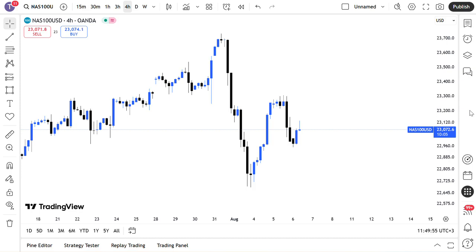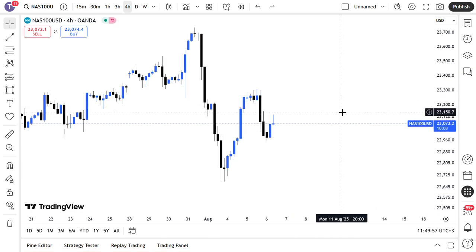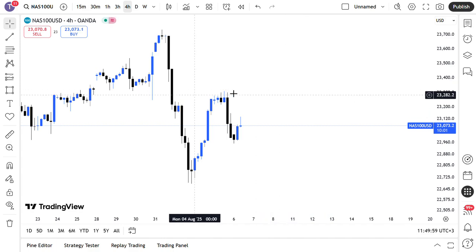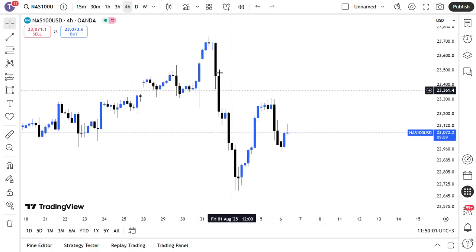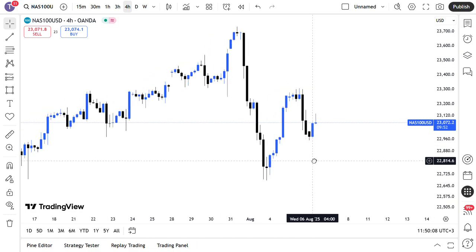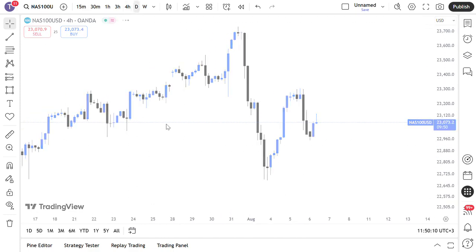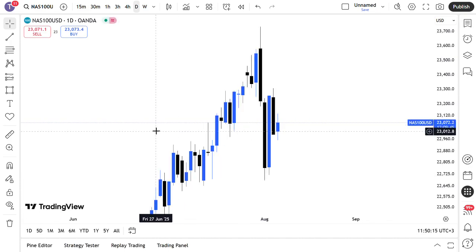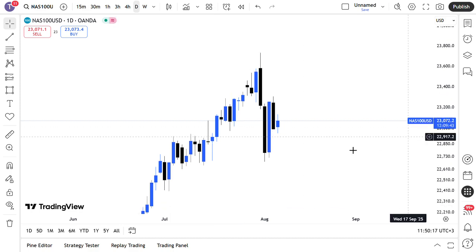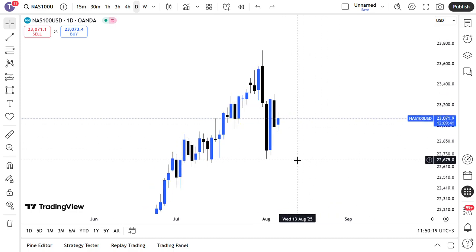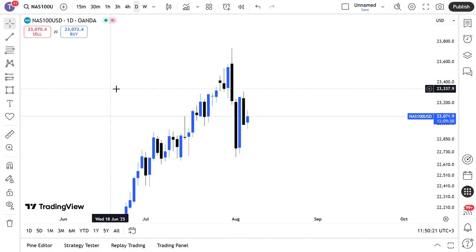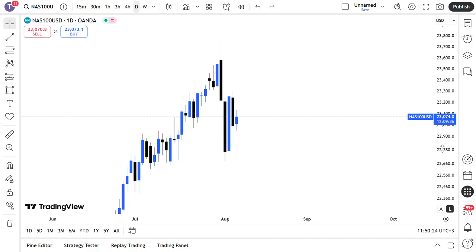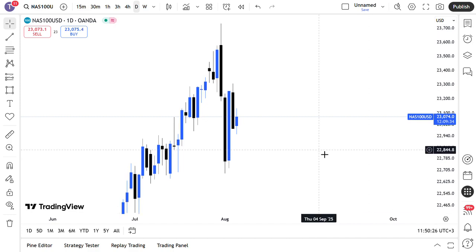So here I have NAS100. Let's go straight into it. So in NAS100, after seeing this kind of selling pressure that was happening last week, let's go to the daily time frame. I'm going to show you an example of a very good trade that I had from yesterday. It was on Tuesday yesterday, so let me show you the kind of trade that I got from my powerful